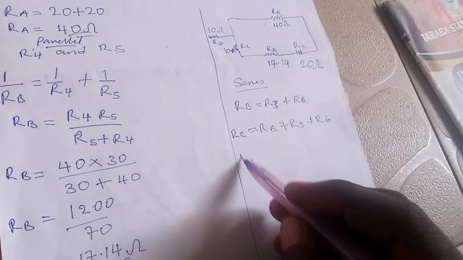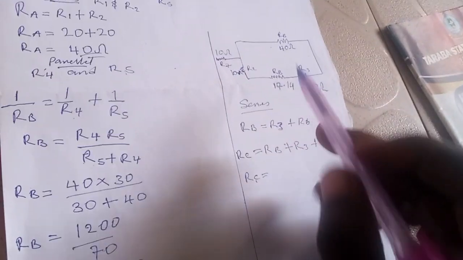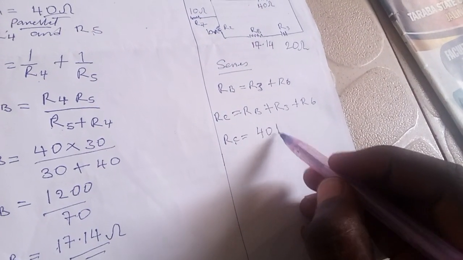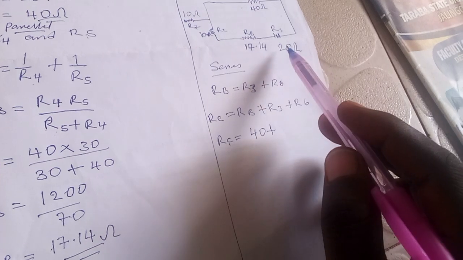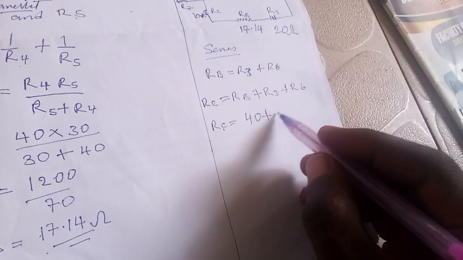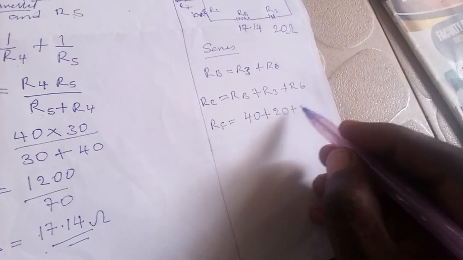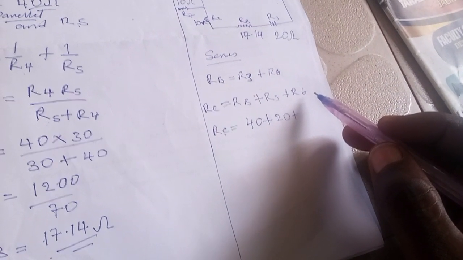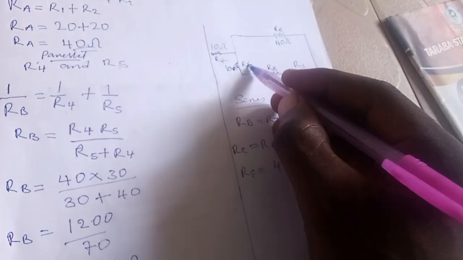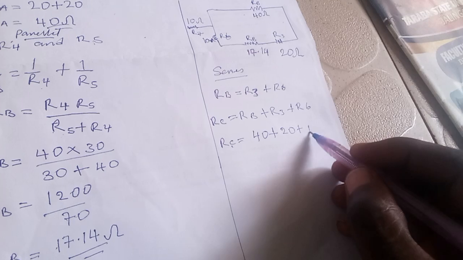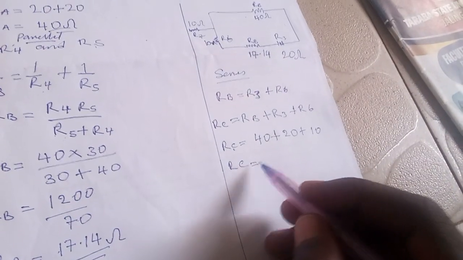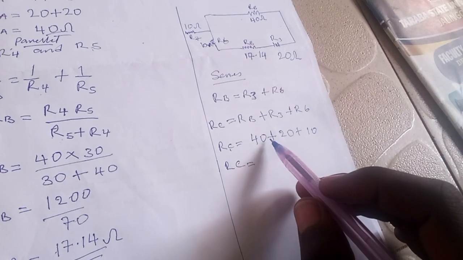So now come and say your RC is equal to, you carry this 40 ohms, so you say 40 plus your R3 here, which is 20, plus your R6. Make sure you know which one is your R6. This was our R6. So our R6 is what? 10. So when you sum them up together here, say 40